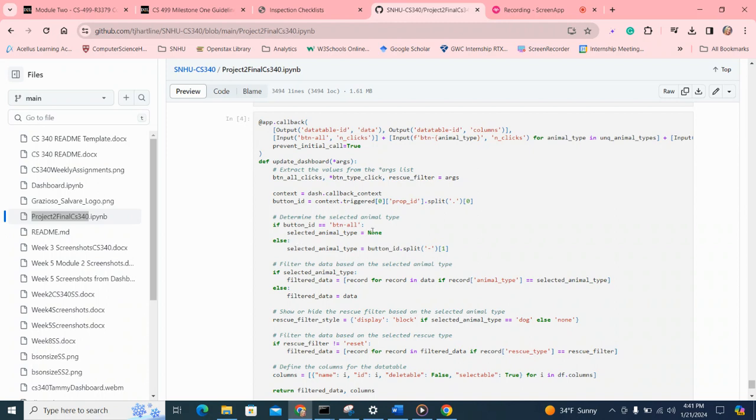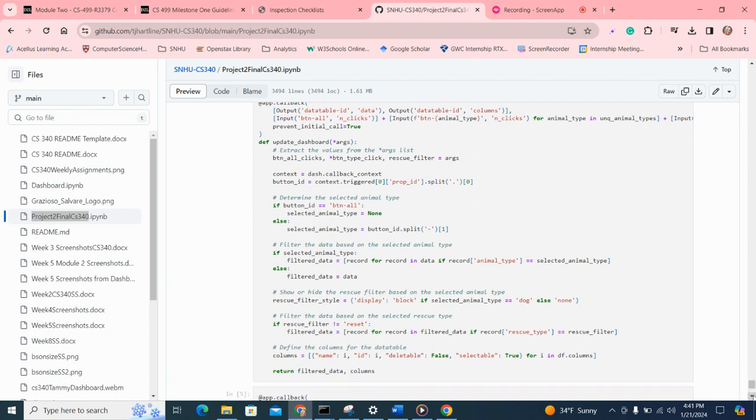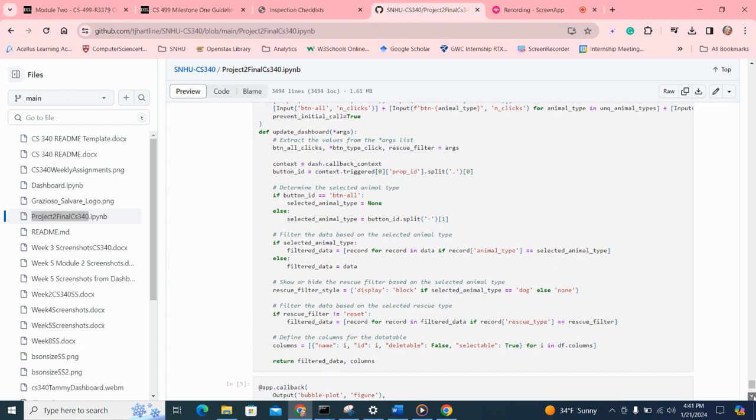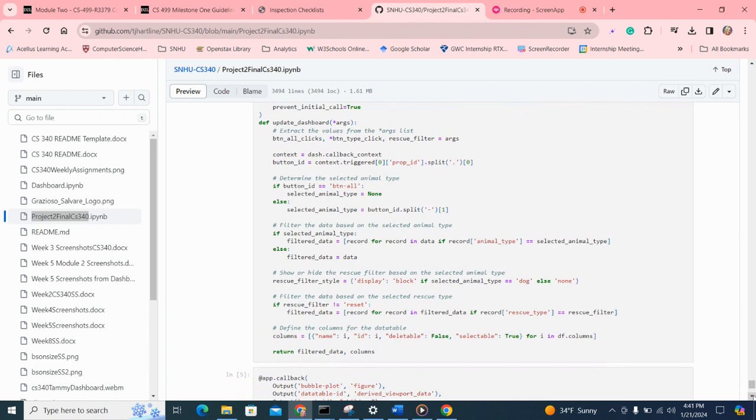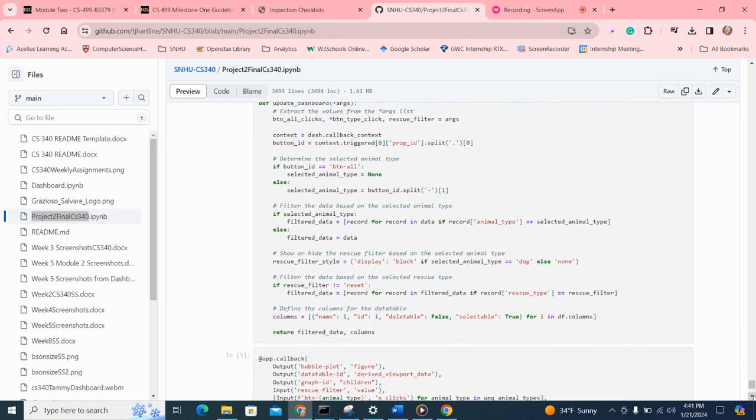So here we're determining the animal type for the other filters, and that's for unique animal types, that way it's not repeating. Because I think there was something like farm, dog, cat, of course, birds, and maybe a couple of others. Fish, I think. But again, selected animal type, button ID, filtered data, rescue filter,